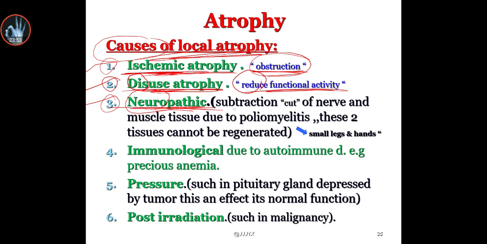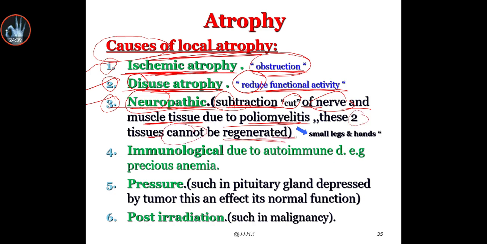Like for example, subtraction, which means cut of something, يعني قطع of the nerve and the muscles tissue due, for example, to polymethylase. Like for example, you cut specific nerves supplying a specific tissue. So, as we said, due to poliomyelitis, this tissue cannot